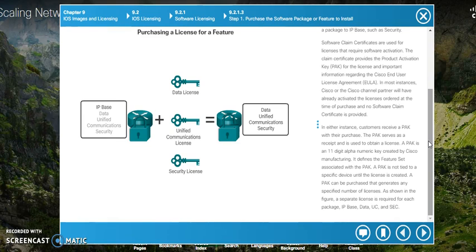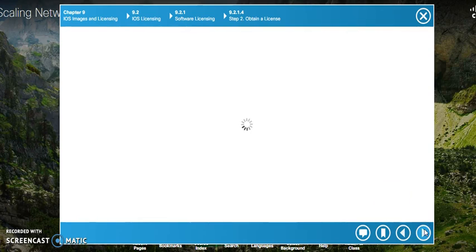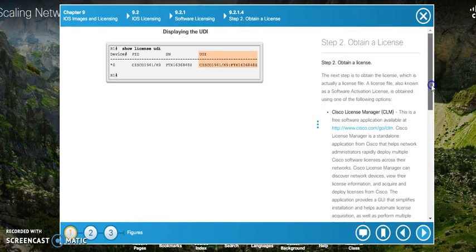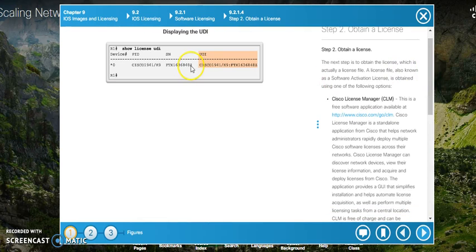Purchase it, and you receive the package and a receipt with the key in it. Then you obtain a license file, and you view that with the show license UDI command,